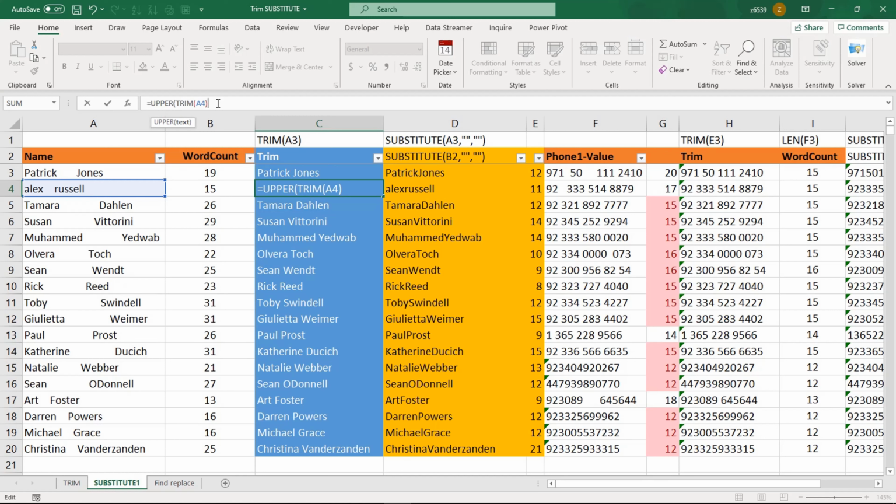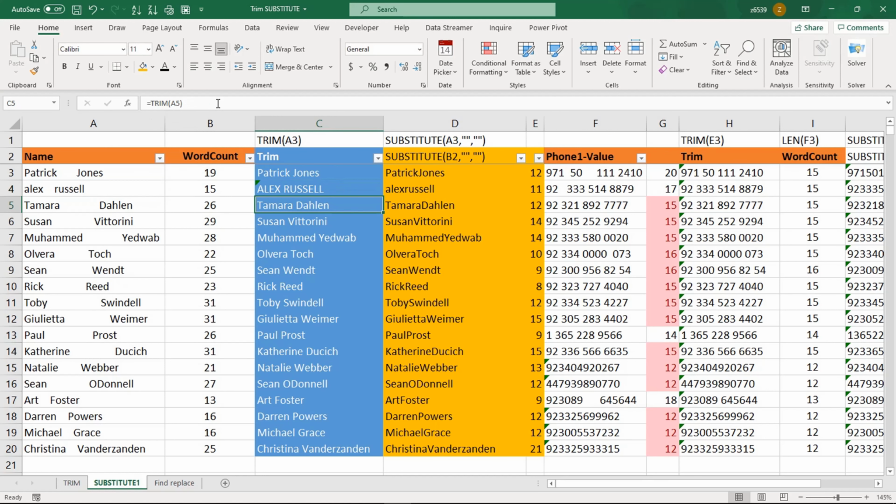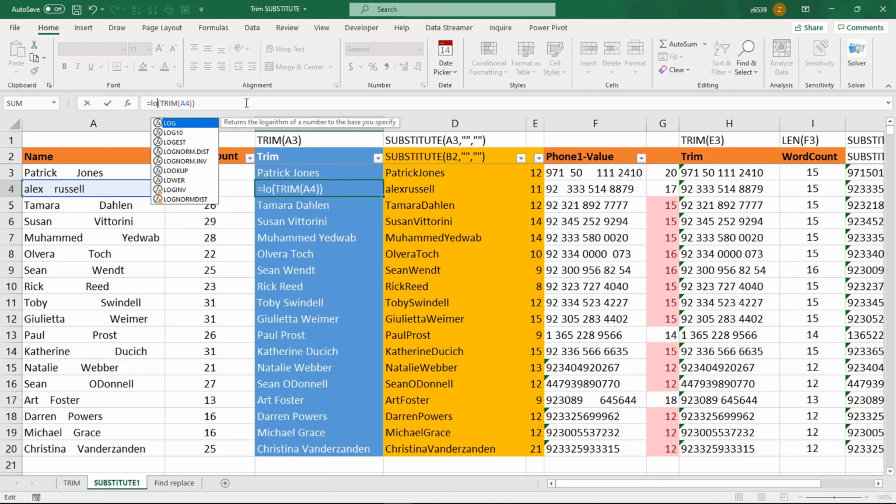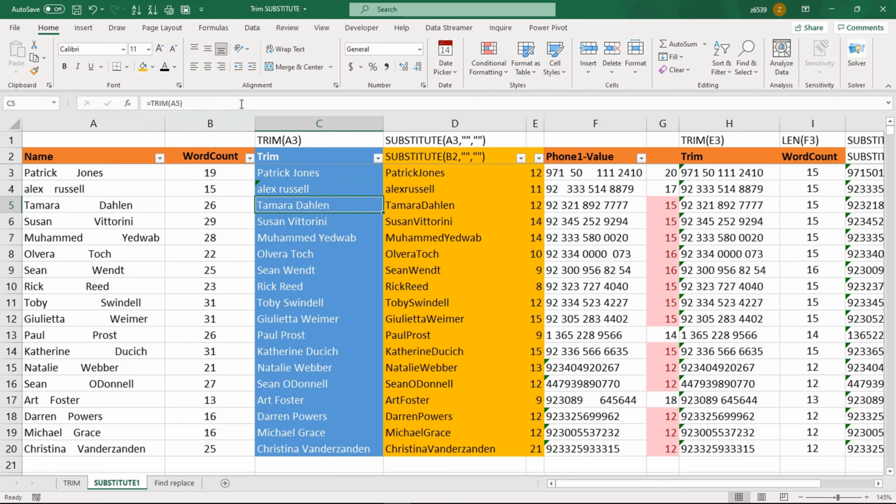I just highlight this one and close it. You will see it's upper level now, all capitals. And if you need lower, just write here LOWER. That's all. But make sure of one important point here,